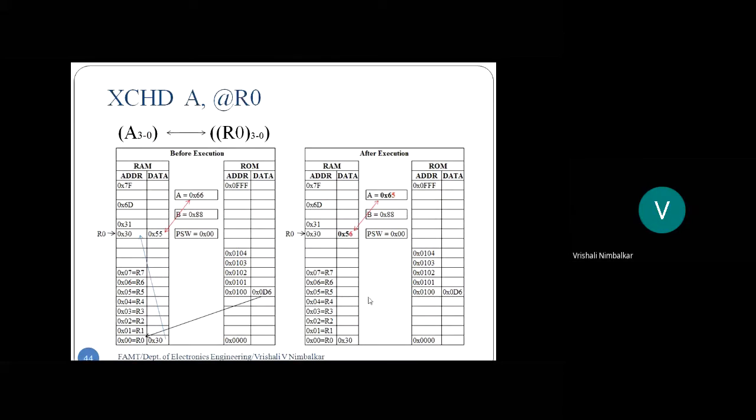It means this is where I will be working on nibbles, 4-bit data. With 76, I'll be working only on 6, then only on 7. So this is where we have nibble operations, and there I need this XCHD instruction. When we take an example, you will understand it better. So always remember unpacked and packed BCD, and for ASCII coding, I will need this 4-bit exchange instruction. Okay, fine.